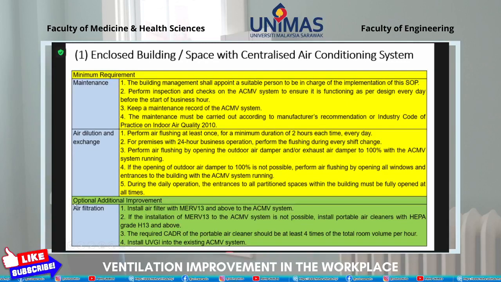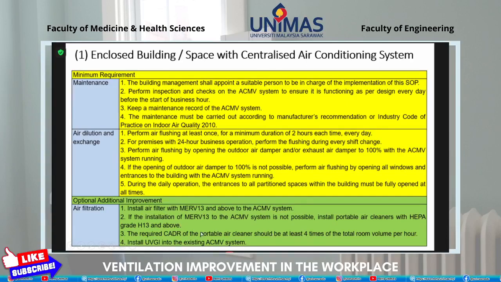So this includes the air filtration system. They can install air filters with minimum efficiency reporting value 13, which is MERV 13 and above, in the AHU system. Okay, and if the installation of MERV 13 in the AHU system is not possible, then if they want to further clean the air in the environment, they can install a portable air cleaner with HEPA grade 13 and above. And what kind of air cleaner, and how do they calculate? They need the CADR, the clean air delivery rate, of the portable air cleaner to be at least 4 times the total room volume per hour. So Rudy is going to explain to you how to use this CADR to calculate and select a suitable portable air cleaner